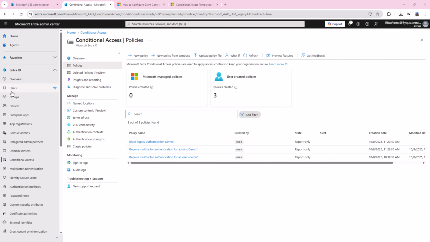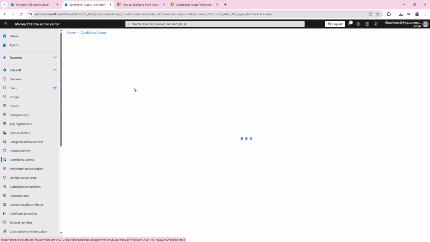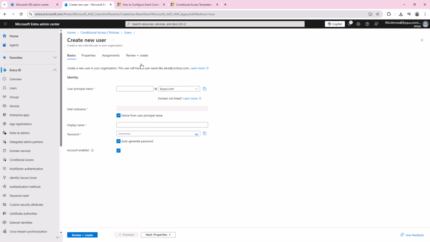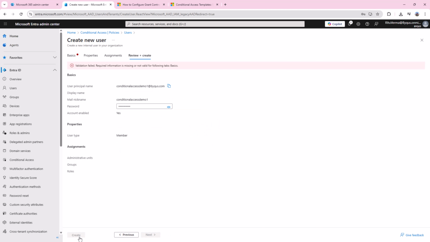To create a user account, you go to users in Entra Admin Center, new user, create a new user, and we will create conditional access demo1 at bycus.com, and this password we will copy.